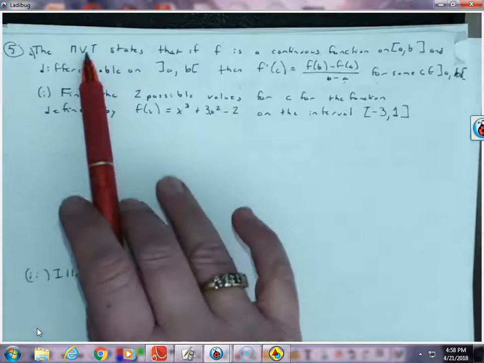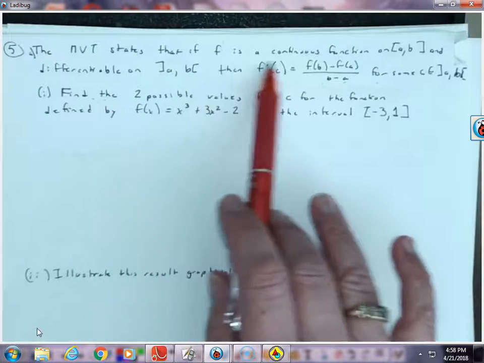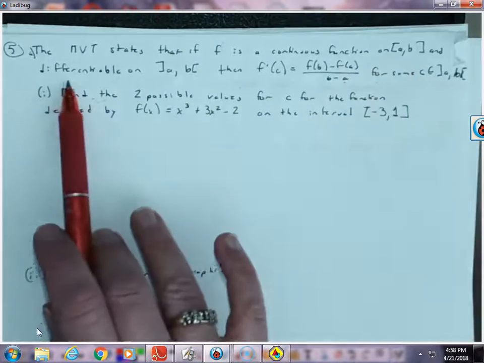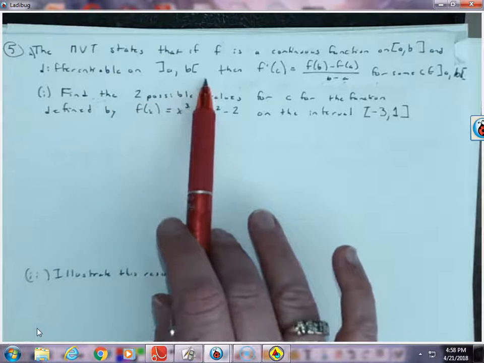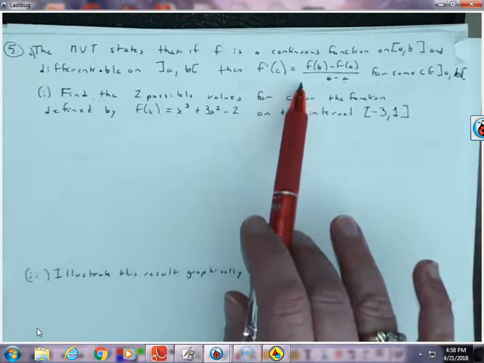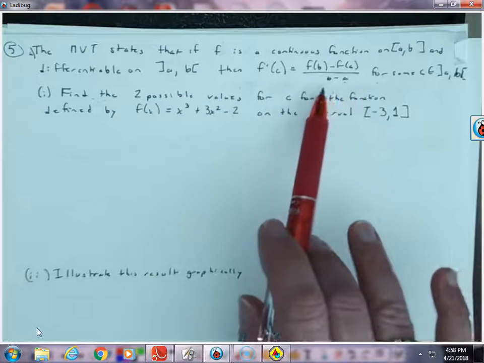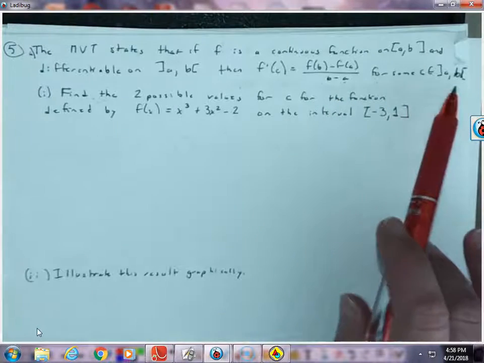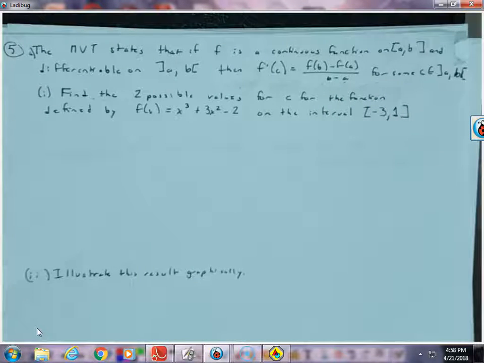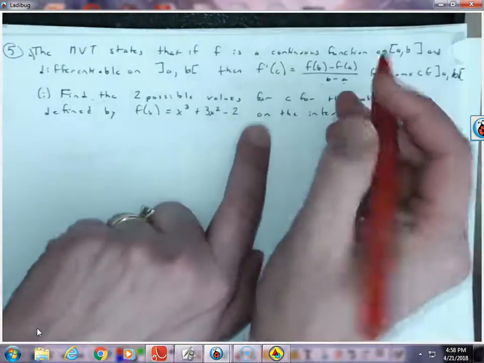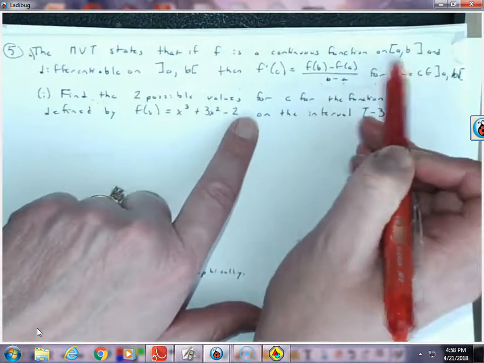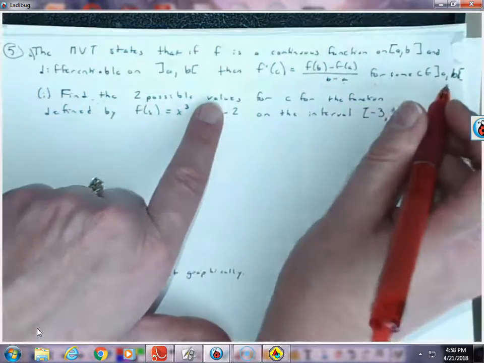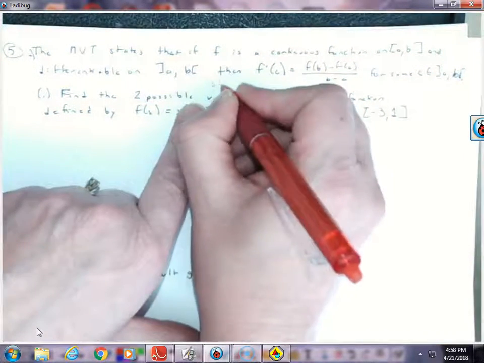But here they told us the mean value theorem states that if f is a continuous function on a closed interval, a to b, and differentiable on an open interval from a to b, then f prime of c equals f of b minus f of a over the quantity b minus a for some c, an element of the open interval. Okay, so remember that they're saying if your function is continuous on the closed interval and differentiable on the open interval, then there is a spot somewhere in the interval where the slope